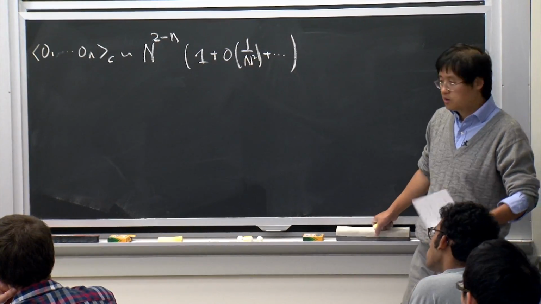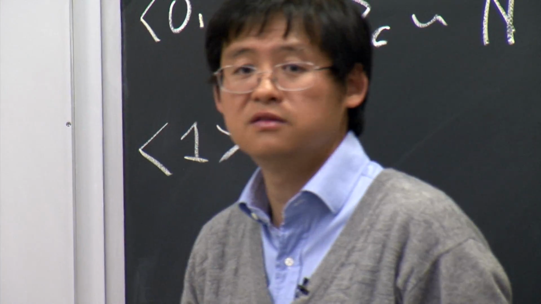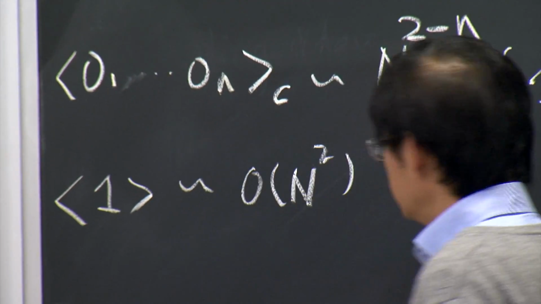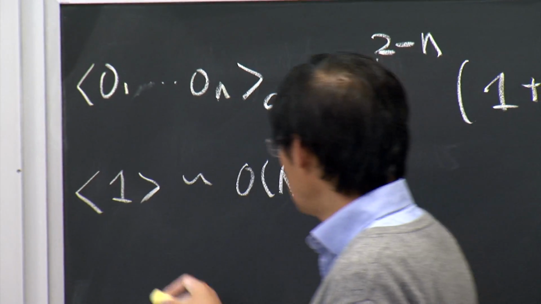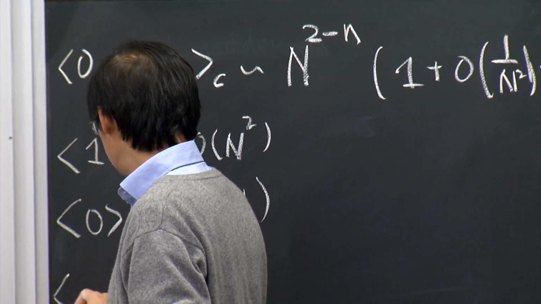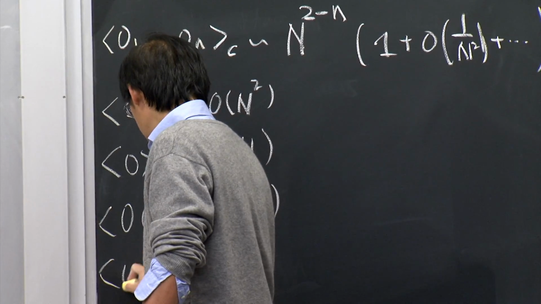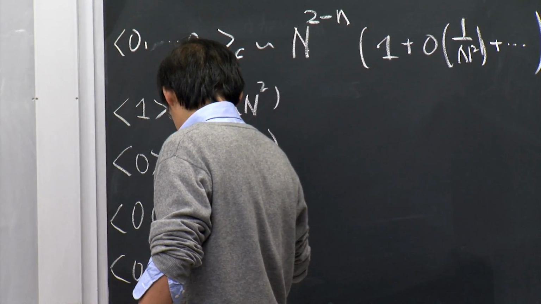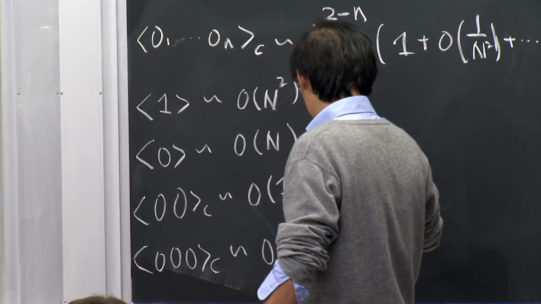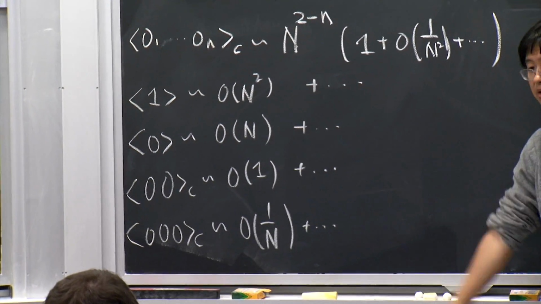Good? So for example, the 0-point function, which is essentially the partition function, is order n squared, which is what we found before at leading order. The 1-point function of some operator will be order n. The connected 2-point function of some operator will be order 1. The 3-point function will be order 1 over n at leading order, and all higher orders are down by 1 over n squared compared to the leading order.